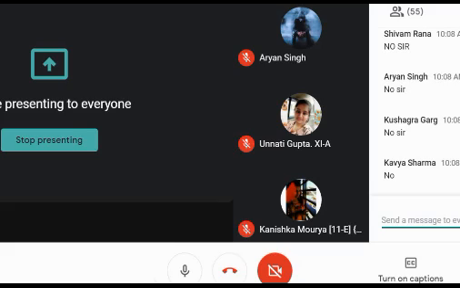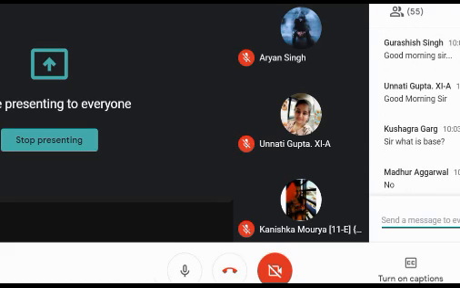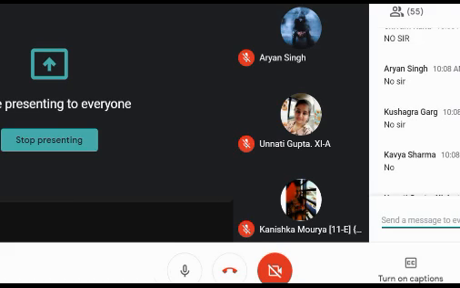Okay, Kushagra was asking a question: what is a base? The total number of members in a particular number system is called the base of the number system. For example, if I talk about English, although it is not a part of number system, but just as an example, the base of English would be 26 because it has 26 letters. So every number system has members in it, and the number of members decides the base of the system.